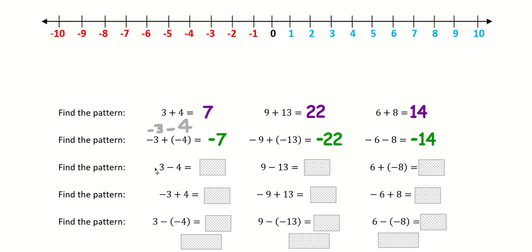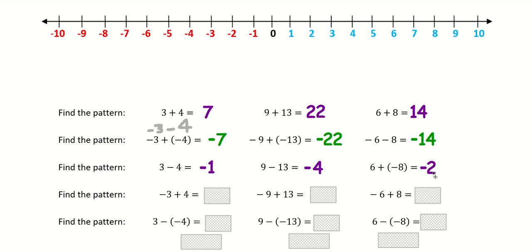So it's more of the same. 3, what's 3 minus 4? You could think of it as when you were in maybe first grade, and your teacher was like, if you have 3 apples and someone takes away 2 apples, or if someone takes away 3 apples. Well, here, if you have 3 apples and you lose 4 apples, you're into negative land. 9 minus 13, you have 9 apples and you lose 13 apples. You're a little bit into negative land, right? And then once again,